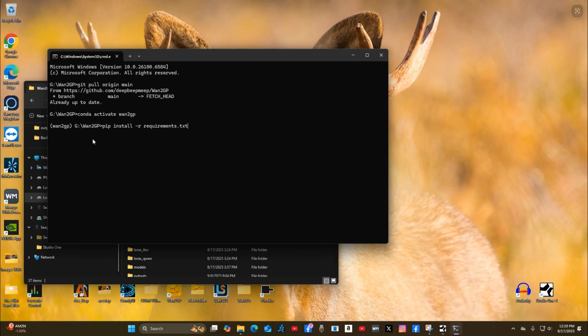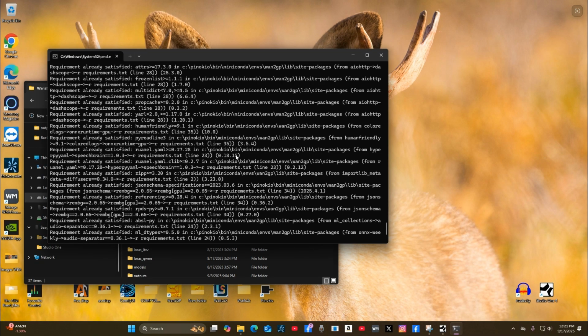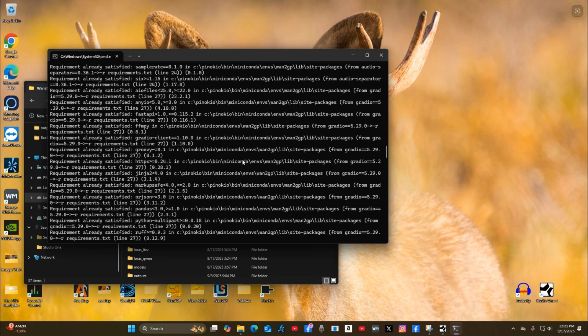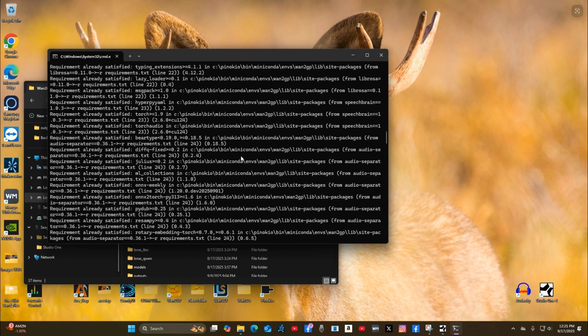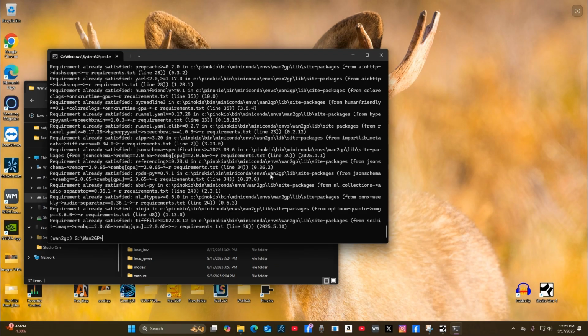All right, so we got pip space install space -r space requirements.txt and hit enter. And there you go. Because mine is already up to date, it still runs through that script and goes through all of the files to make sure that they're up to date. Yours, on the other hand, if you weren't up to date, you're going to be downloading some new stuff, some new features. And that, my friends, is how simple it is to update your